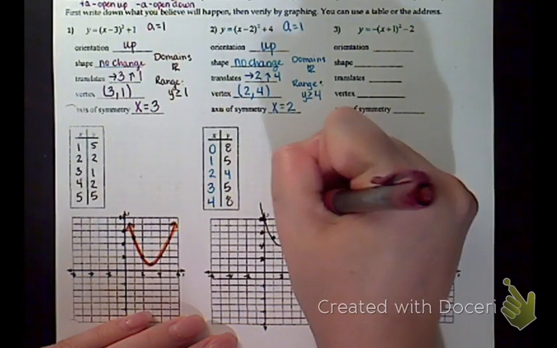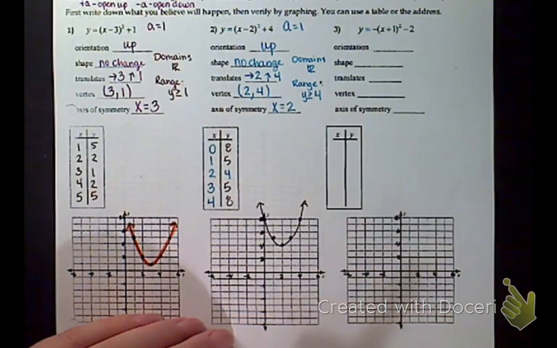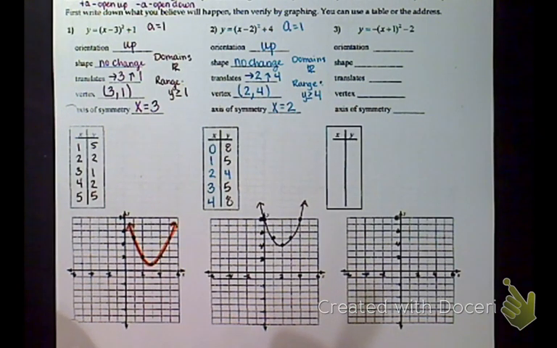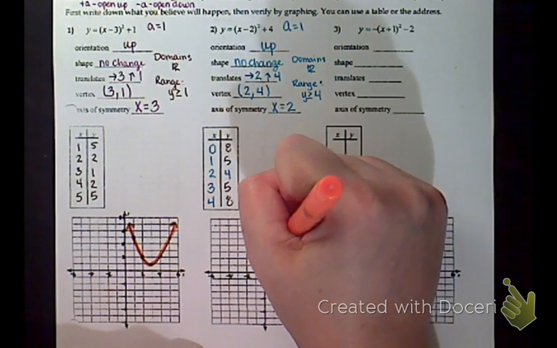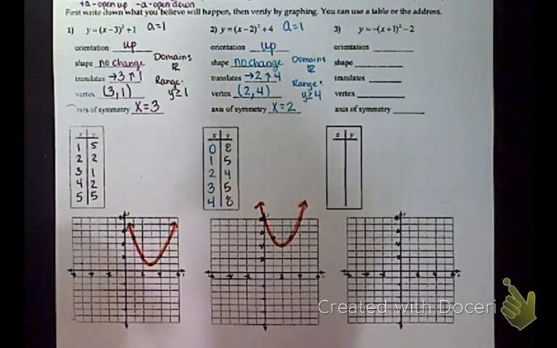If your graph is not a U shape, you did it wrong. If it's not symmetrical, you did it wrong. So there's a lot of good checks in here to help you make sure that you are graphing these appropriately. Okay. All right, let's do